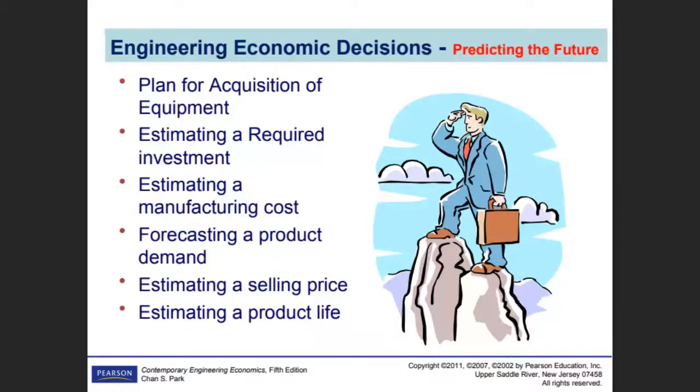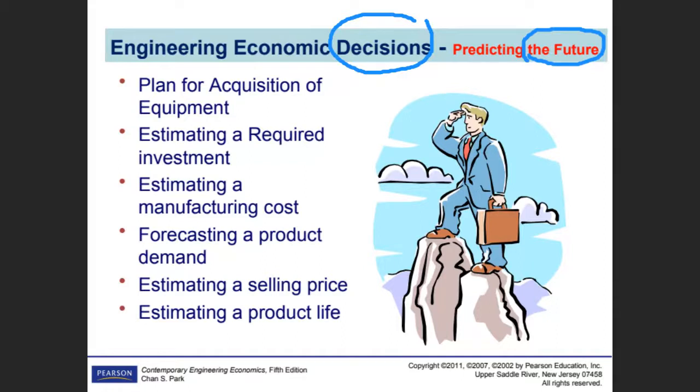As an example, imagine whenever anyone makes a decision about the future. Whenever you make a decision, what we are doing is predicting the future. Remember, you say, okay, we need to use a CNC lathe machine because it will reduce the cost by 1 million every year for the next 10 years. So this is what you are estimating. Remember, you are predicting. So economic decisions are just an estimate.